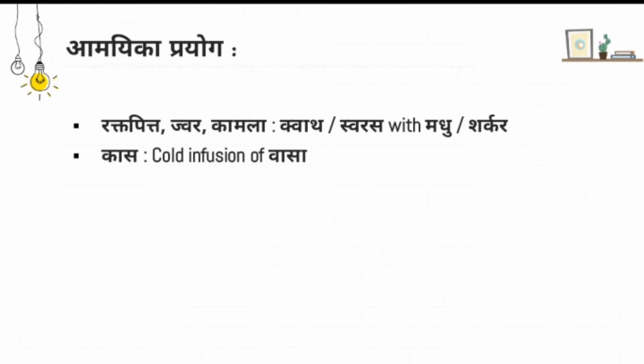How and all we can administer this in Vasa, in a patient, in a wide range of applications, a wide range of prescriptions for Kasa, Shwasa and upper respiratory tract infections. What we can do is, we can use cold infusion, nothing but the Fanta, Himakalpana. Cold infusion, Himakalpana can be prepared with the Vasa leaf, or else Swarasa we can give,